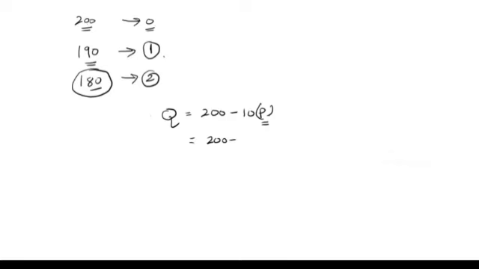200 minus 10 into 1, the value is 190. If the price increases by 2, then the Q value will become 180. So here you can say that the demand for the pen depends on its own price only. So there are quantities that depend on